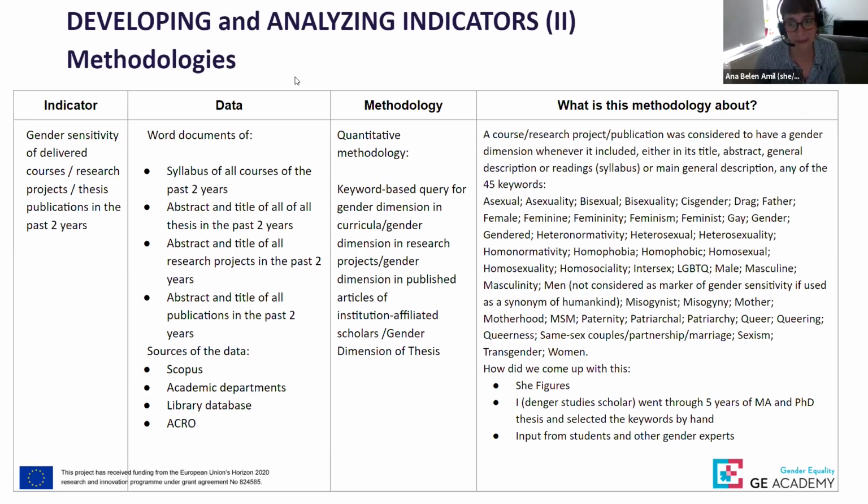I'm going to go through them, although it's dense, so you have an idea of the scope. Asexual, asexuality, bisexual, bisexuality, cisgender, drag, father, female, feminine, femininity, feminism, feminist, gay, gender, gendered, heteronormativity, heterosexual, heterosexuality, homonormativity, homophobia, homophobic, homosexual, homosexuality, homosociality, intersex, LGBTQ, male, masculine, masculinity, men, when it's not considered as a marker of gender sensitivity,